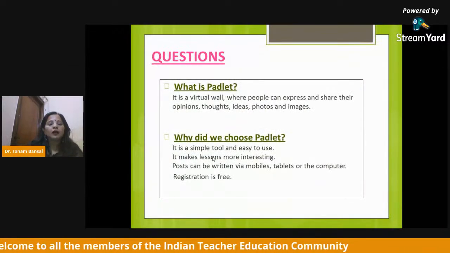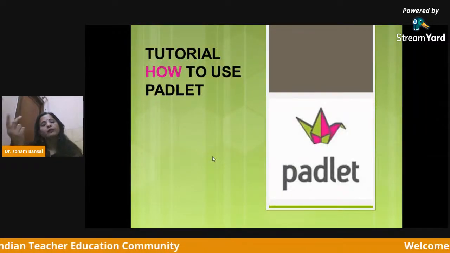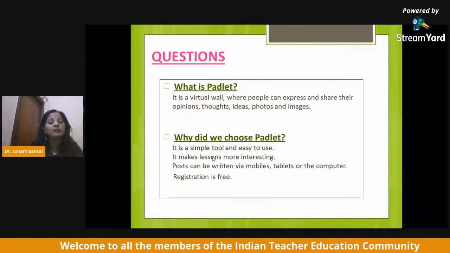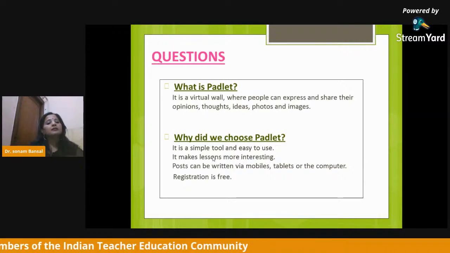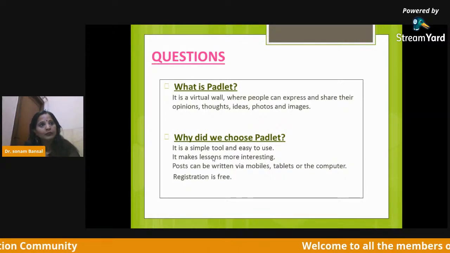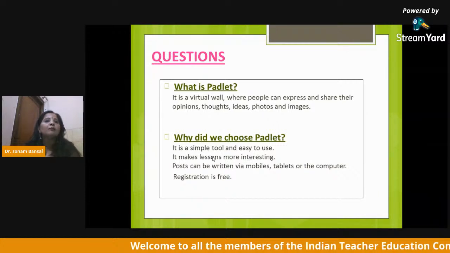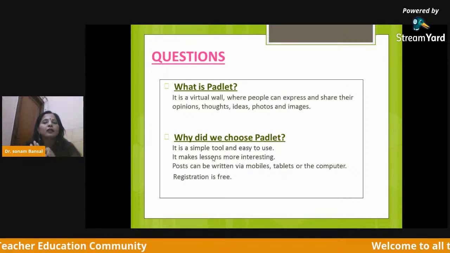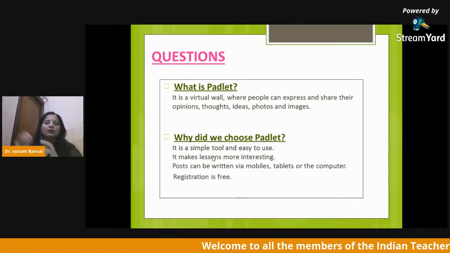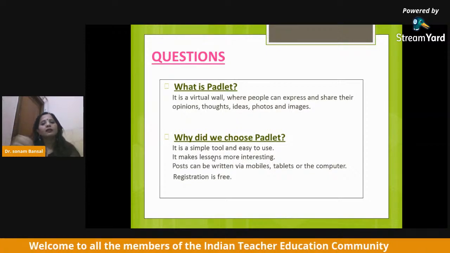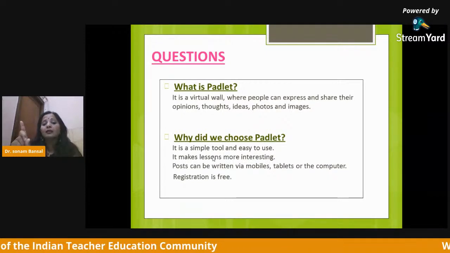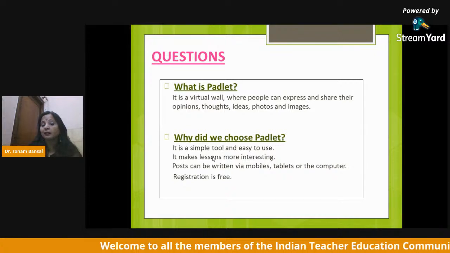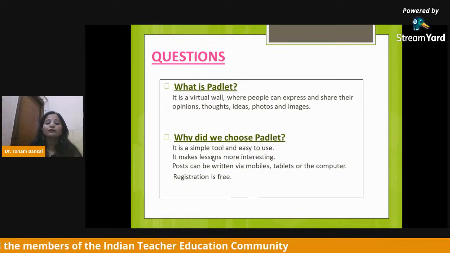Well, today we're going to learn how to create a Padlet. But before that, I will quickly tell you what a Padlet is, how we can use it, and what the various uses are. Padlet is just like a virtual wall. Friends, let me tell you one thing. When we leave a particular place, let's suppose when we pass 10th and when we pass 12th, we ask our friends to write something for us. We can share a scrapbook or something else where they can share their ideas for you. So Padlet is a wonderful virtual wall by which you can express and share your opinions, thoughts, ideas, photos and images